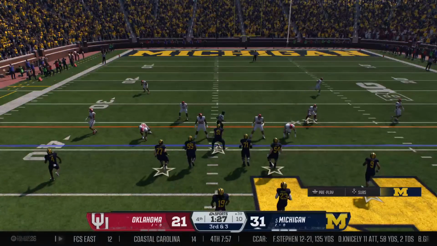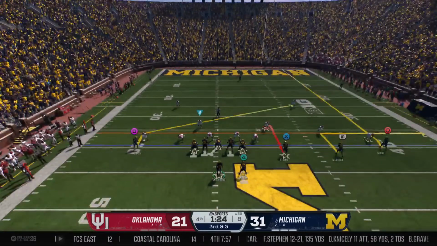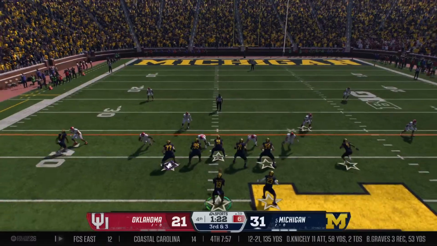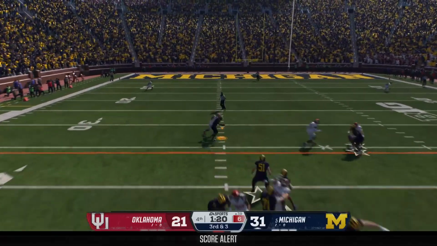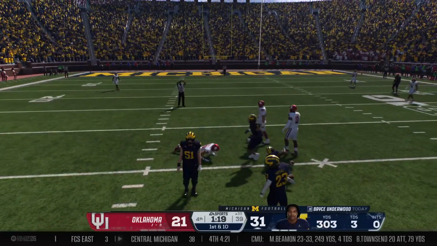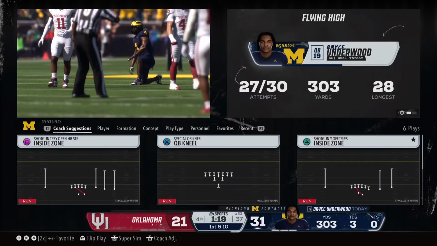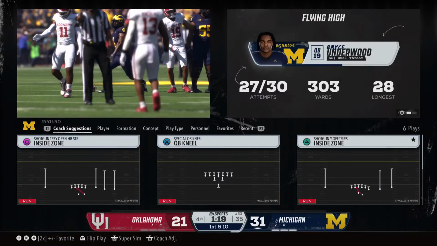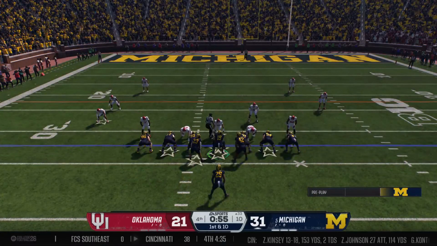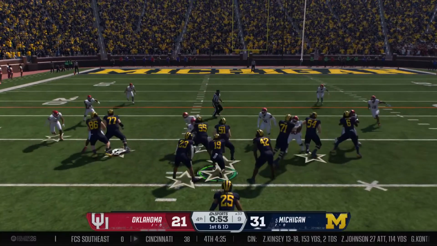He's able to shed blockers, use his athleticism, use his speed, get to the ball carrier and bring him down. Simply one of the best box defenders in the entire country. Over the middle, caught by Marsh, the first down. Bryce goes over 300 yards for the game, and that ought to be enough for the first down, and we're going to put them out in victory formation for the rest of this one.